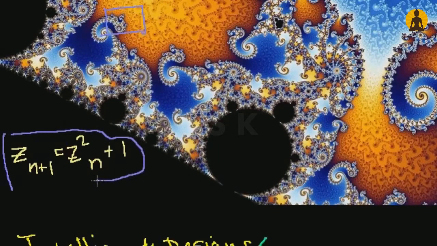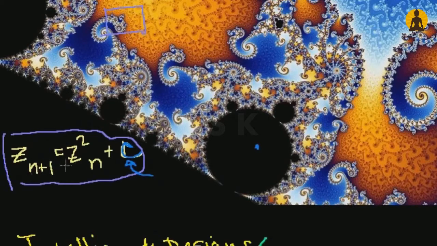For those of you who are interested, this is the complex plane, and they're starting at 0. Not plus 1, plus c. Let me make that very clear. This is the equation, plus c. So for every point on the complex plane, you put that point in for the number for c, and then you start with 0 and you keep doing this. So you say 0 squared plus that complex number is equal to that. And then you put that in here, and then you do that number squared plus that complex number, and you do it again. You do it over and over and over.